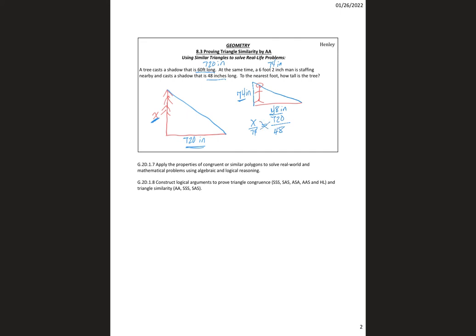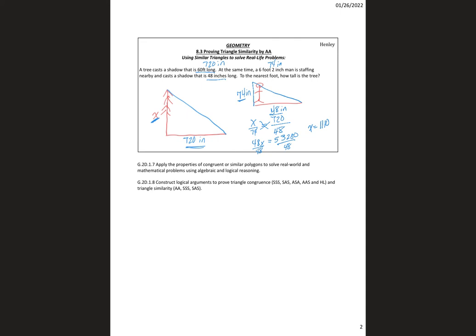So we multiply 48 times X and we get 48X. And that will be equal to 74 times 720, which will give us 53,280. Now we're going to next divide both sides by 48. And that's going to tell us that X is equal to